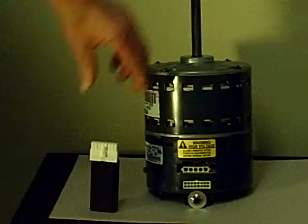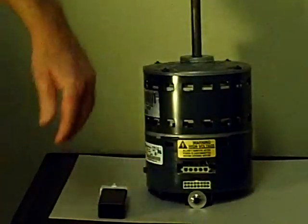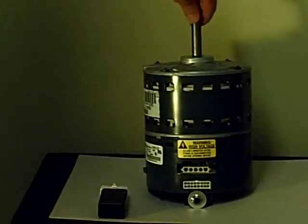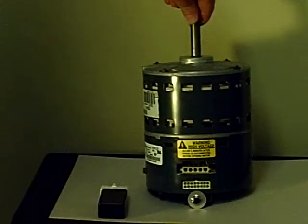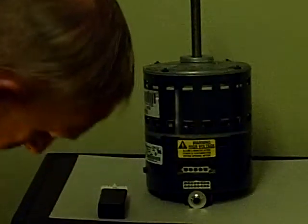What this does is it plugs in there, and once it's turned on, it'll allow the motor to start running. If everything in the motor and the module is working properly, it'll run the motor. If it doesn't, that means there's a problem. And what you're going to find out in the field,